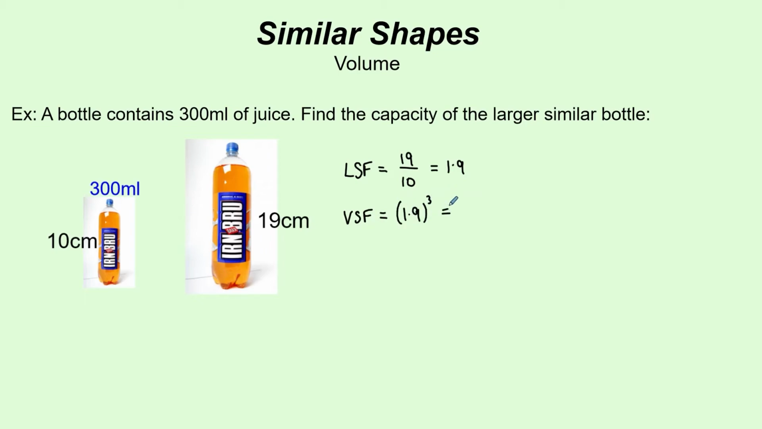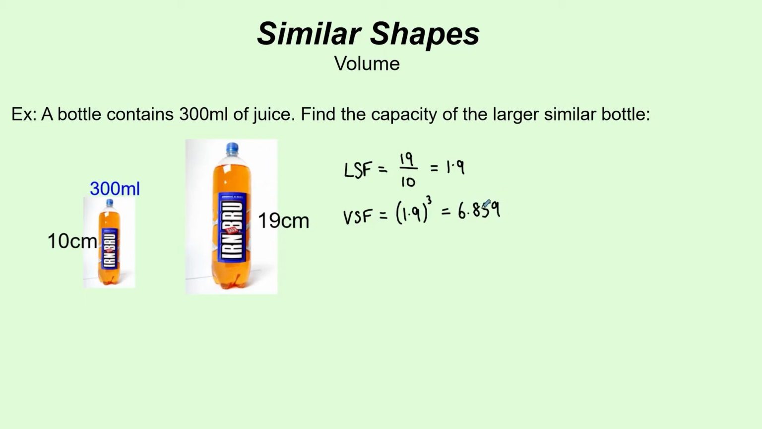Okay, so for the area scale factor, we square the length scale factor. For the volume scale factor, we cube the length scale factor. Type that into your calculator, 1.9 cubed, and that's 6.859. Keep it accurate, don't leave out any numbers at this stage because it will make a big difference to your